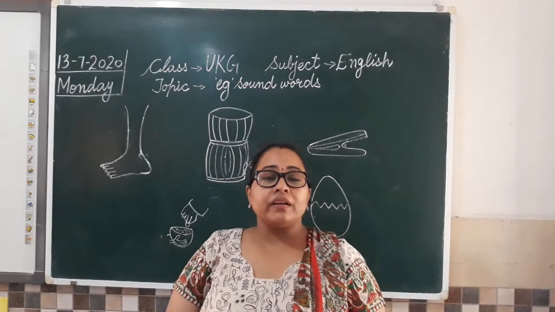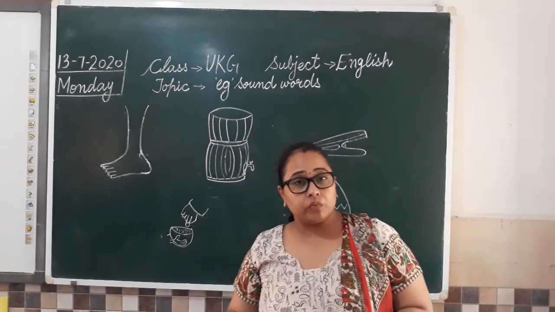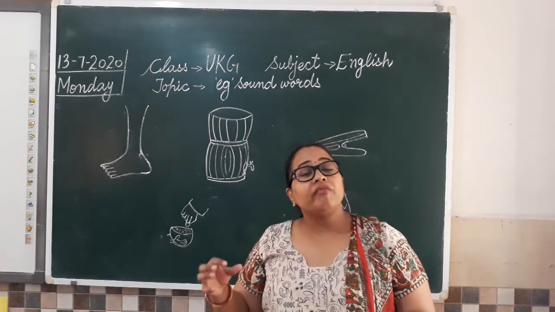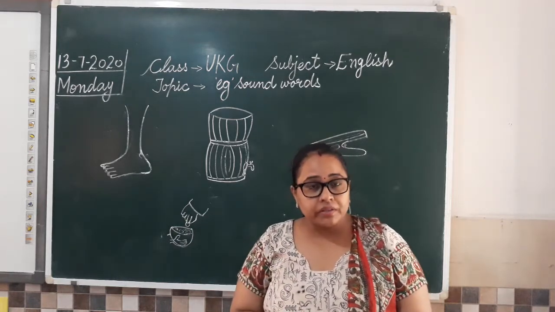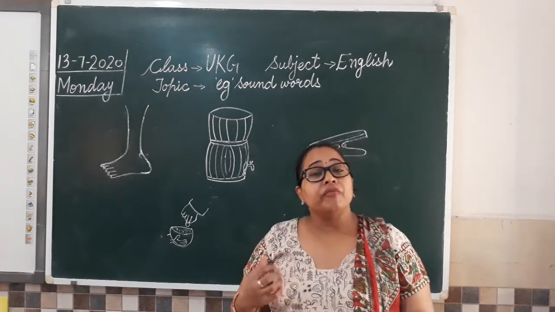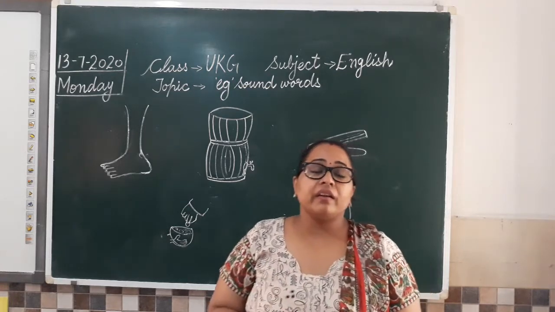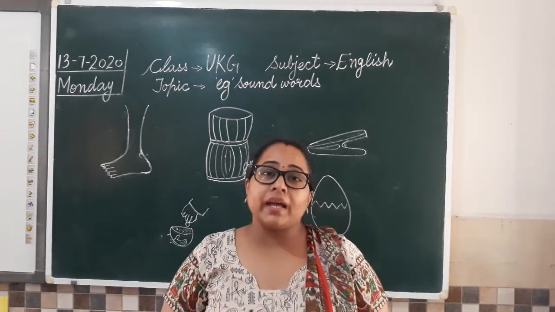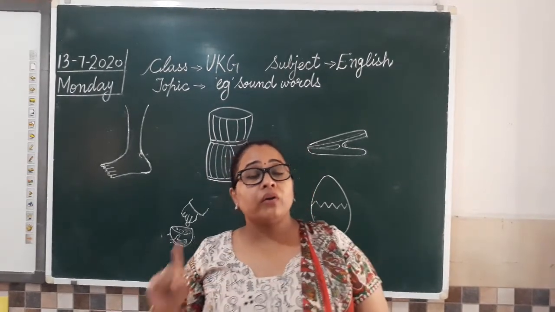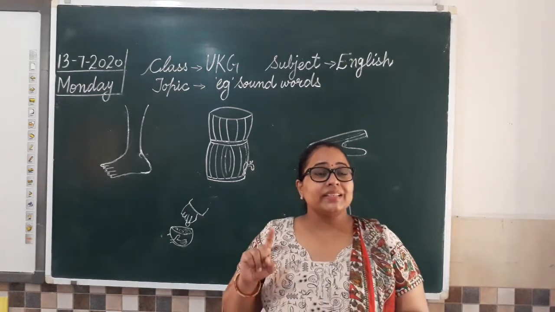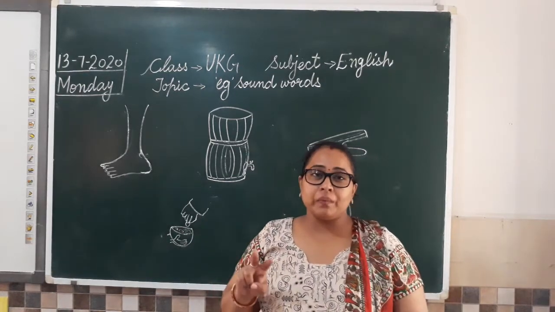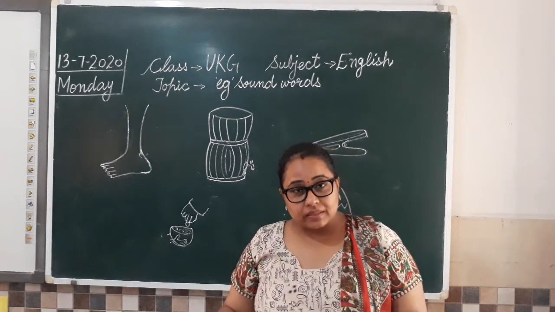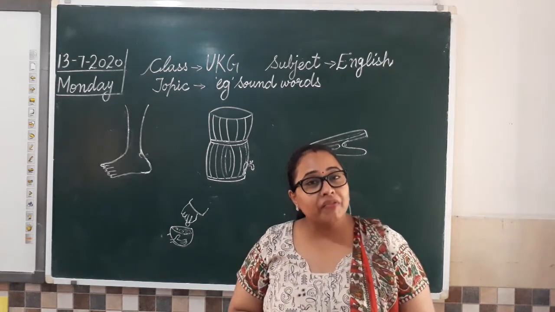So we have learned about different A family words. हमने कैसे किया? We have blended different A family words with other consonants and created different words. Then we started "it". Then we have also done the use of "it". आपको मैम ने बताया था, "it" is used for non-living things and animals. Yes, you remember? It is a bag. It is a pencil. Like this we have done use of "it".